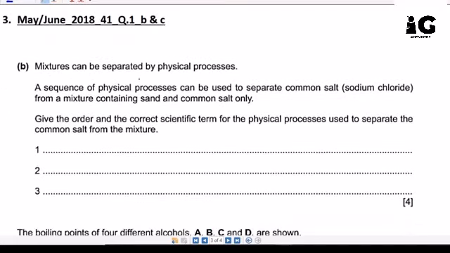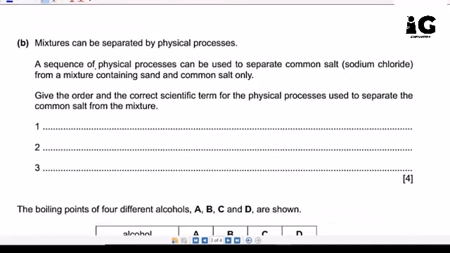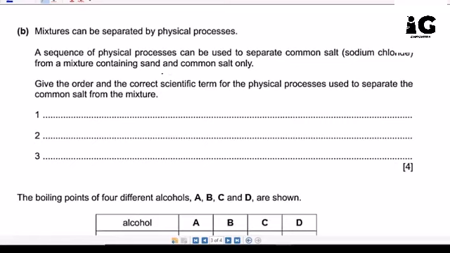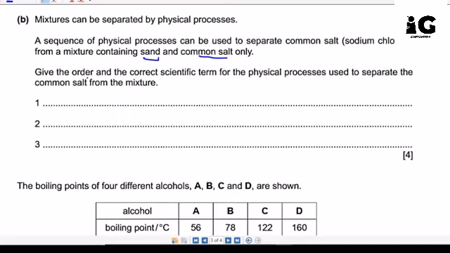Mixtures can be separated by physical processes. A sequence of physical processes can be used to separate common salt, sodium chloride, from a mixture containing sand and common salt only. So take care, here we have a mixture of sand and common salt. Give the order and the correct scientific term for the physical processes used to separate the common salt from the mixture. Take care, guys, please hear the word order